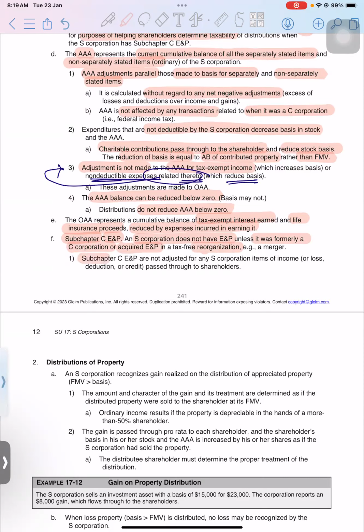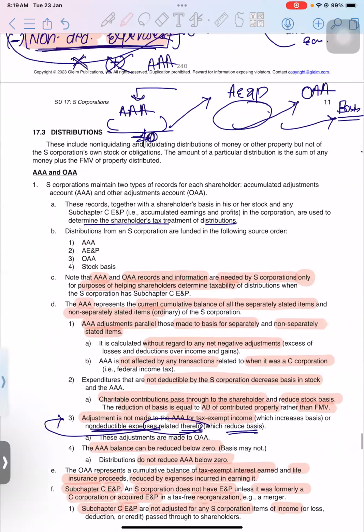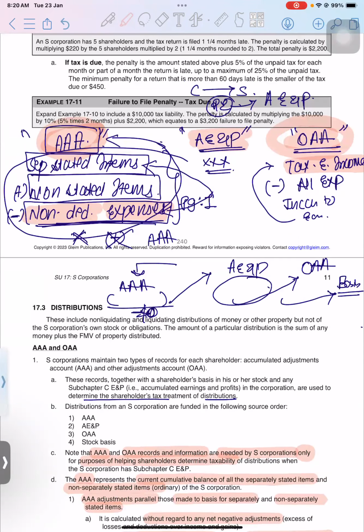Subchapter C E&P is not adjusted for S Corp items of income. That is the reason why accumulated E&P will not have any additions. It will have only subtractions. Anything that pertains to the S Corp will be adjusted in AAA. Anything that pertains to the C Corp